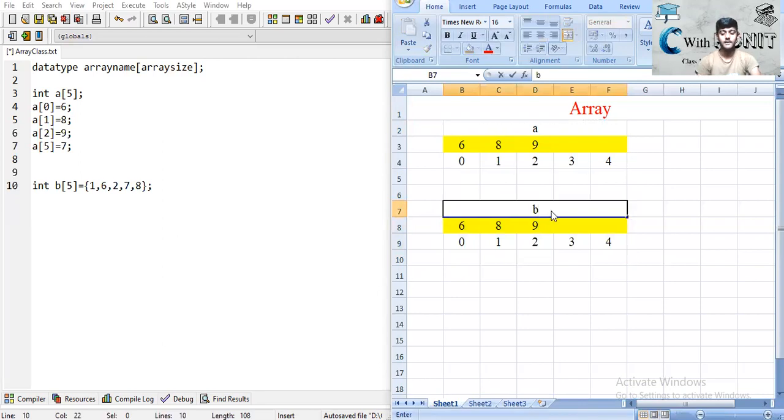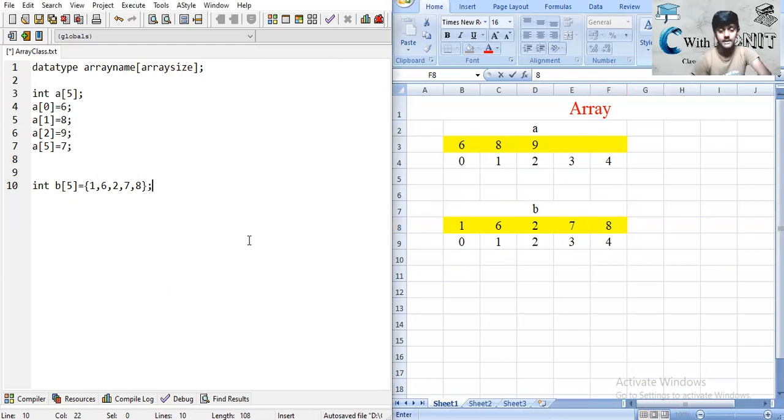This will be 1, 6, 2, 7, 8. So this will be our array B. Okay,